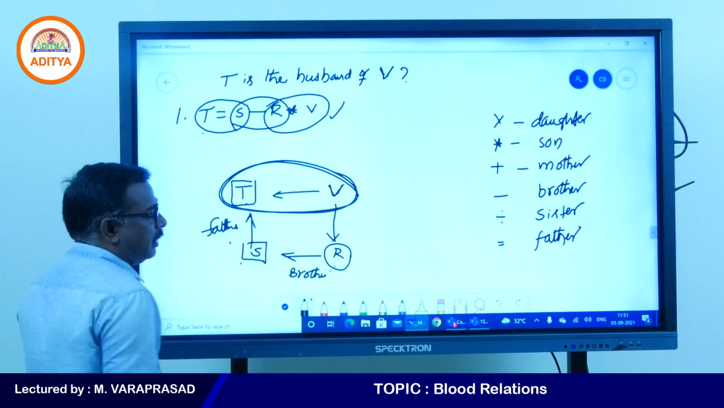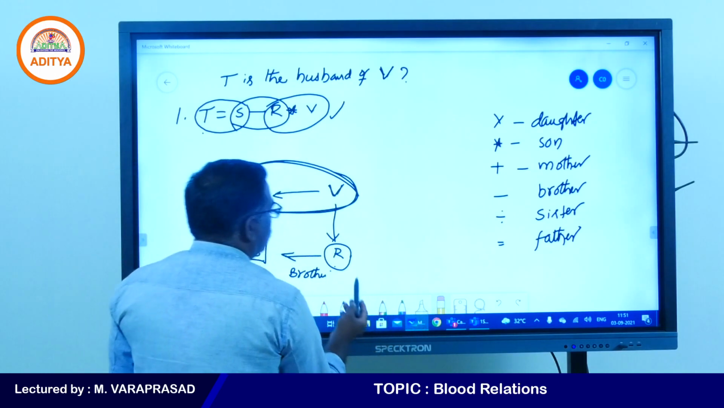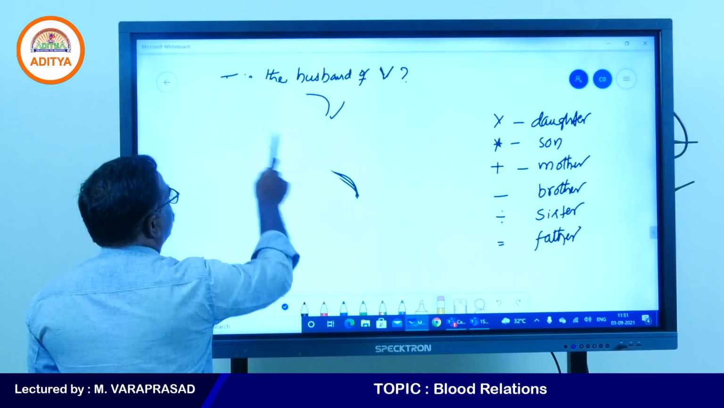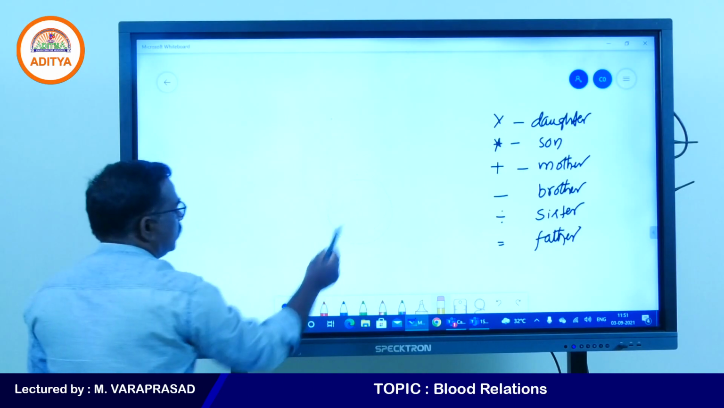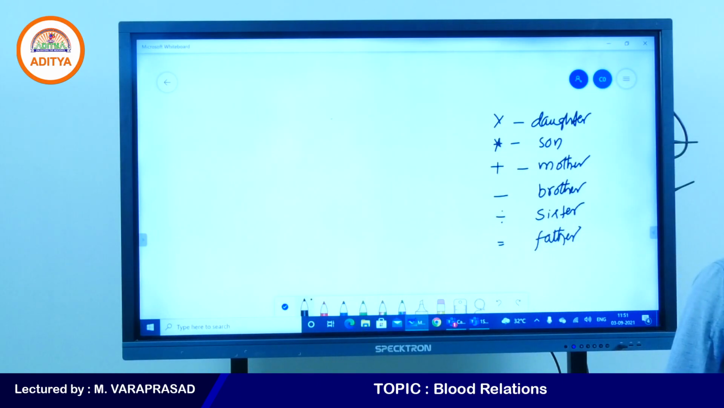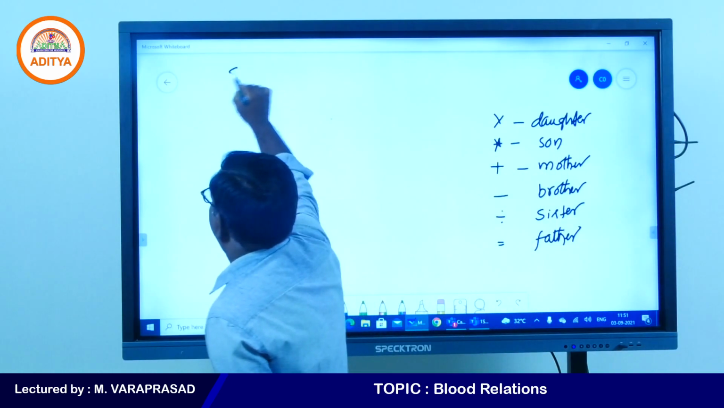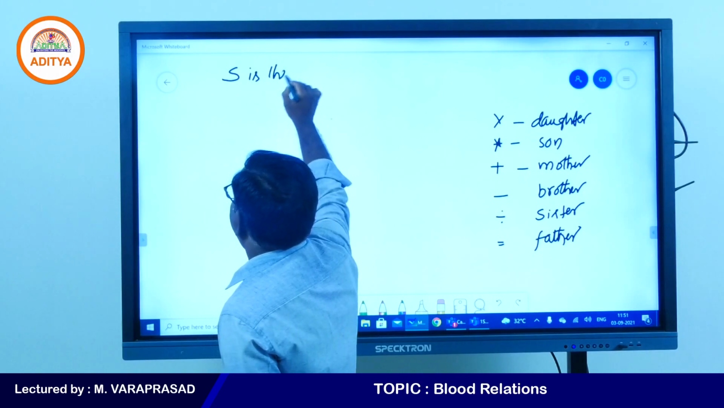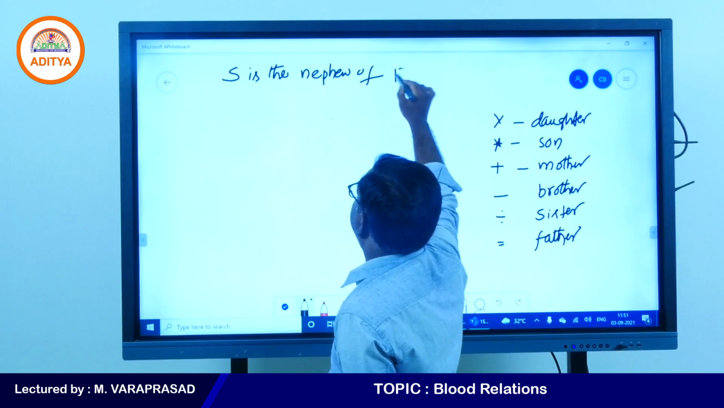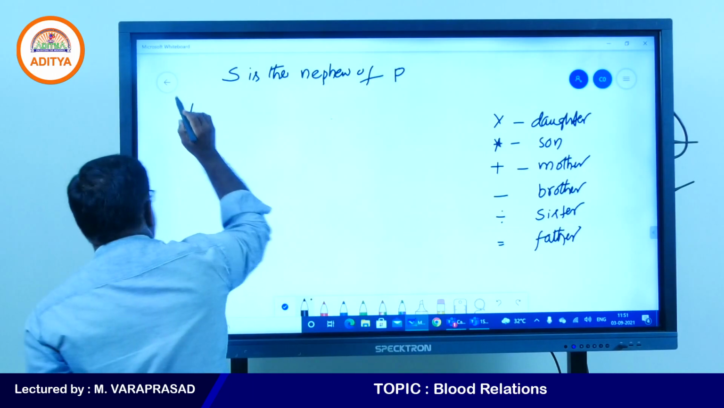For the same data, one more question I will give. Which of the following means S is the nephew of P? S is the nephew of P. Yes. Option number 1 is